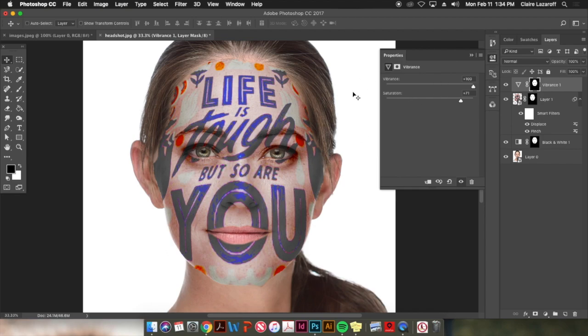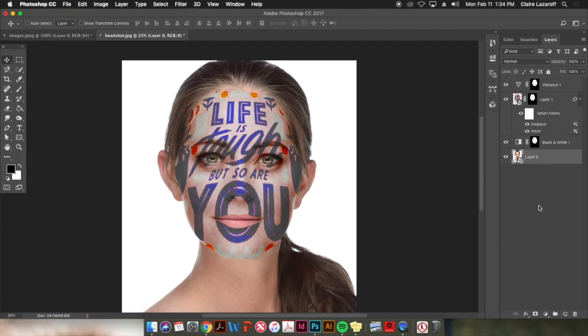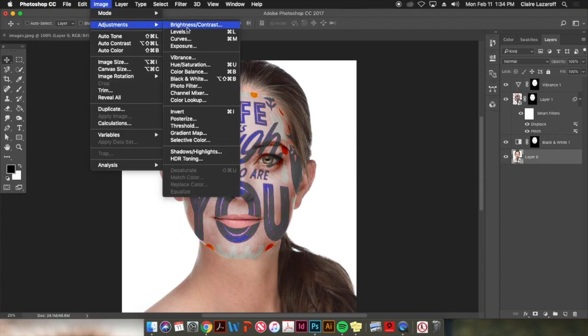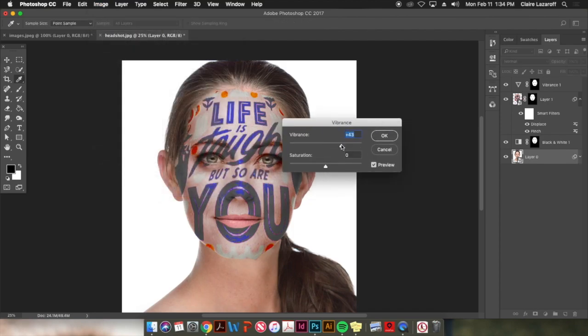So you just have to kind of mess with your settings a little bit so that way it starts working on its own to take those shapes that you would want it to be. And you can go in and mess with the coloring of her herself if you want to. So if you go into your image adjustments here, you could adjust maybe the vibrancy or saturation of her skin on its own. You can see how I'm adjusting all of it for all of her picture now to make it match. So it's up to you to try and make it look like it's part of it and look like it's been painted on her